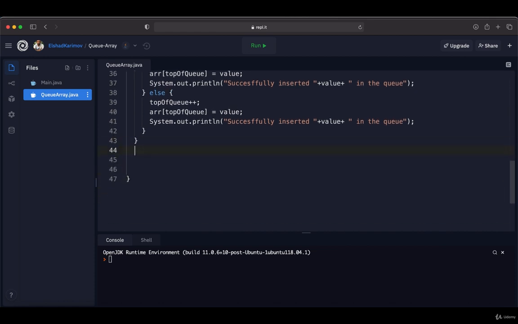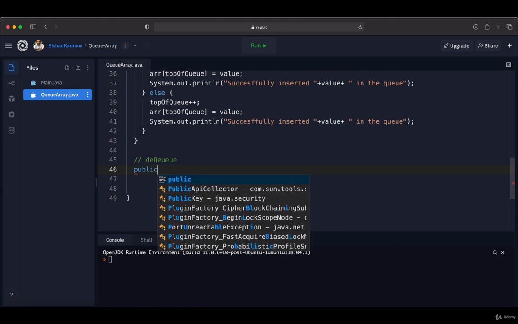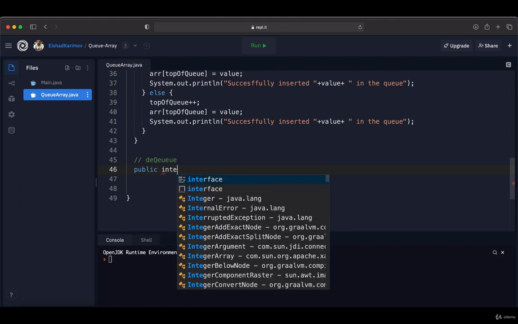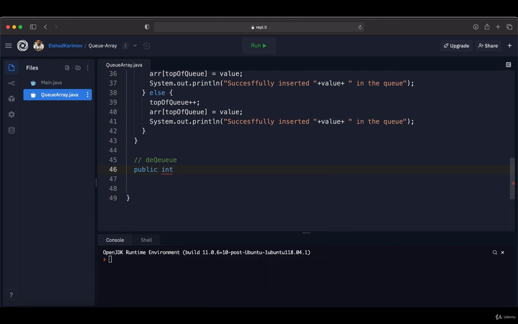So here after enqueue method I'm going to declare our Dequeue method like this. So it's going to be Dequeue. As we said before, Dequeue method returns the first element from the queue and it's going to remove that element from the queue. That's why I'm going to declare our method with the return type of integer, because in this case it's going to return integer because our queue is integer queue. Then I'm going to name our method Dequeue,